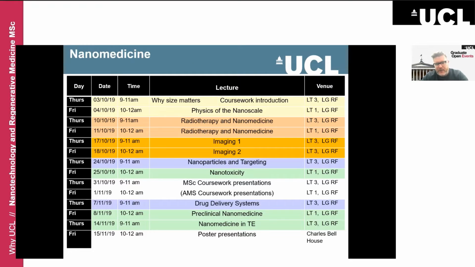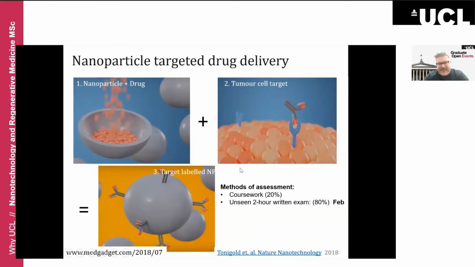Kate is a radiotherapist, and she's very interested in how nanoparticles can enhance radiotherapy. So there's that component as module lead, as well as other topics in terms of imaging, quantum dots, nanotoxicity, that's me, nanomedicine and tissue engineering, that's also me. So this module has a focus on how we can use nanoparticles to better image disease and also better direct drugs to where they're needed.